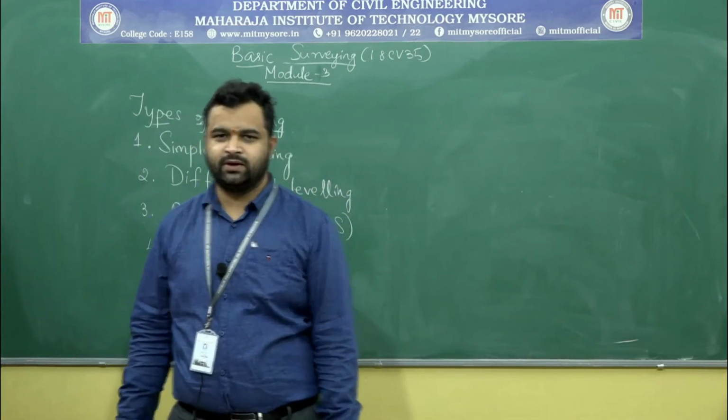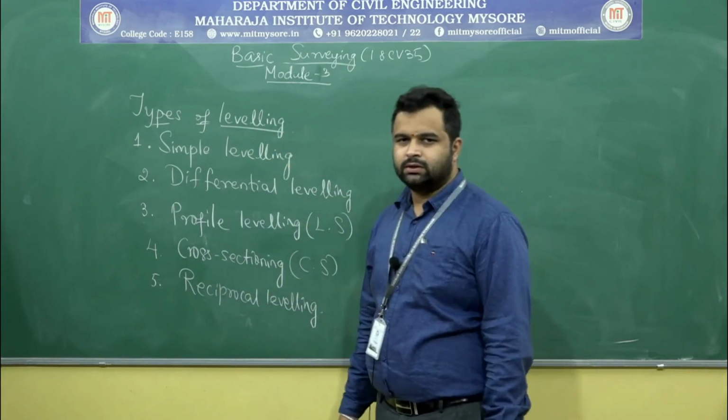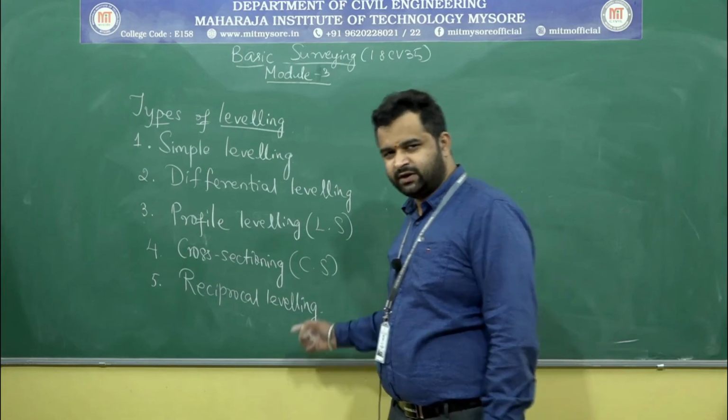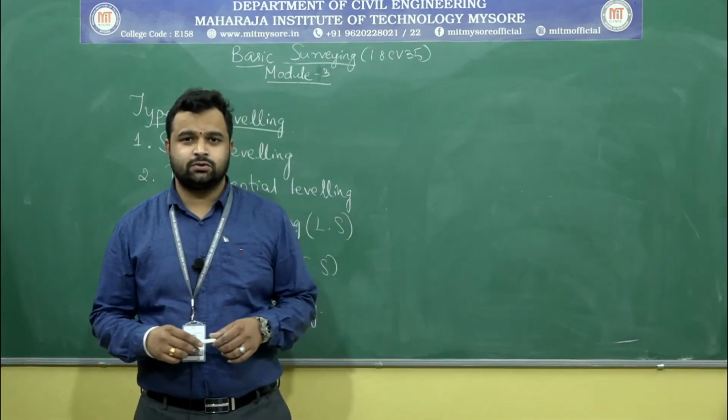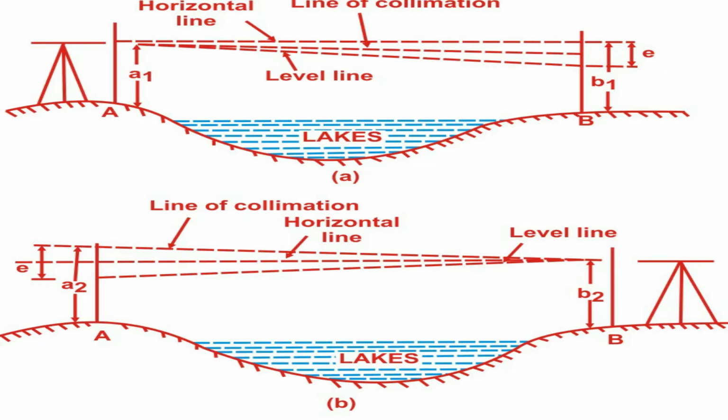Let me explain reciprocal leveling in detail, because we will be dealing with numerical problems on it also, which will be asked in the examination, and it is very important. When it is necessary to carry leveling across a river or any obstacle requiring a long sight between 2 points so situated that no place for the level can be found, from which the lengths of foresight and backsight will be even approximately equal, this special method, that is reciprocal leveling, must be used to obtain accuracy and to eliminate